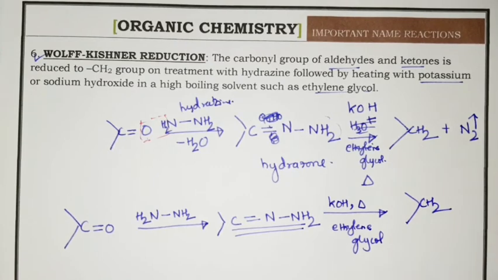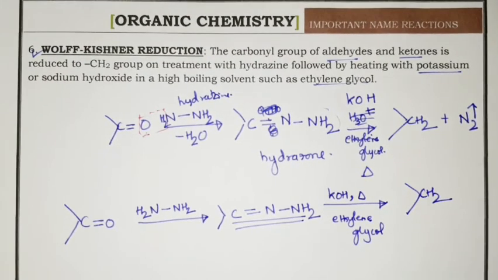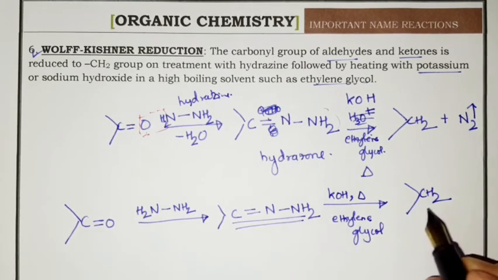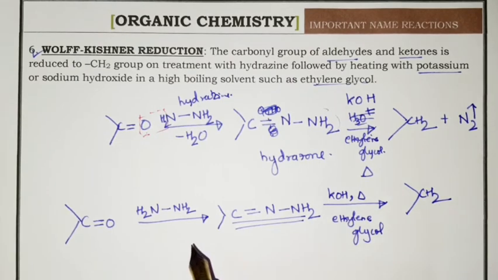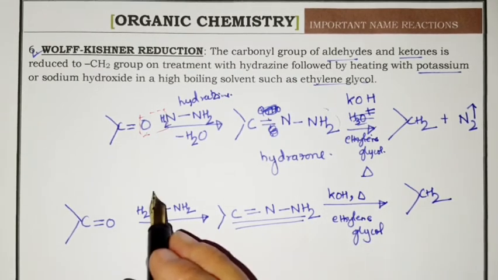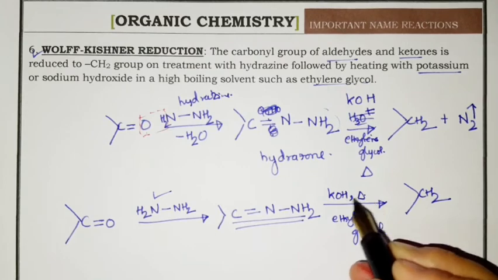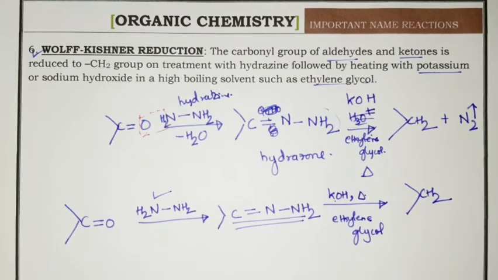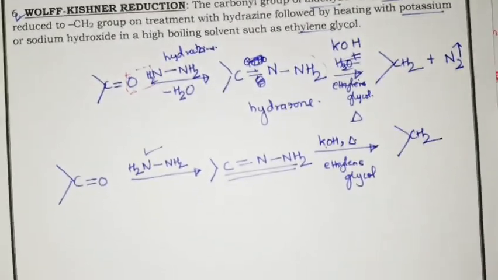So this is your Wolff-Kishner reduction. Here also it is the same, the target of the reaction is the same, from carbonyl carbon to CH2, but here we use a different reagent, that is hydrazine followed by heating with potassium hydroxide and ethylene glycol. Okay? So for example,